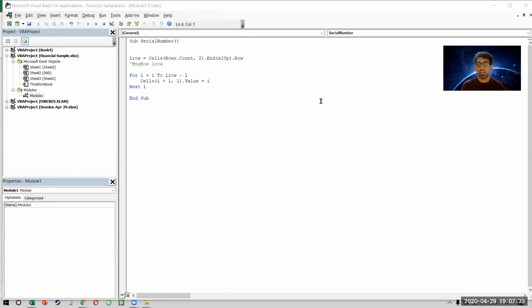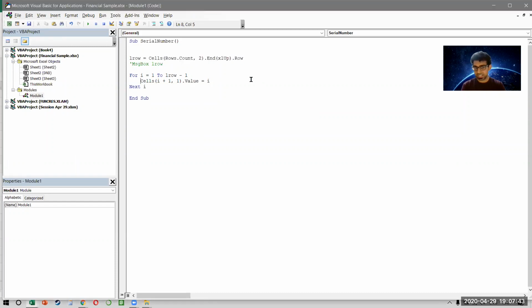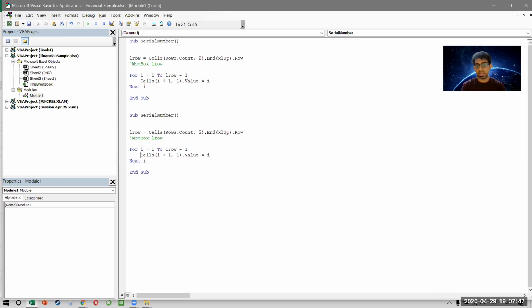Can you also explain how the sheets are to be done? Yeah. I will cover that in the third session, but I'll just give you an idea of how it will look. Whenever I say cells, I can also write sheets, and then it asks me the sheet number. So I can say 1, which is my first sheet. And then dot, and I can just say select. So that means I'm selecting the first sheet, everyone, and I'm writing this code.